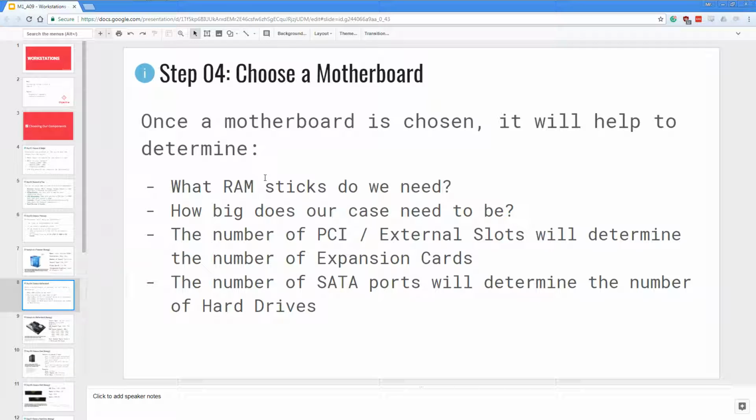So once a motherboard is chosen, it will help us determine a bunch of new things because we know what motherboards we need now. We need a motherboard that supports LGA1151 processors. So once we get that motherboard, it will help us determine what RAM sticks we need,